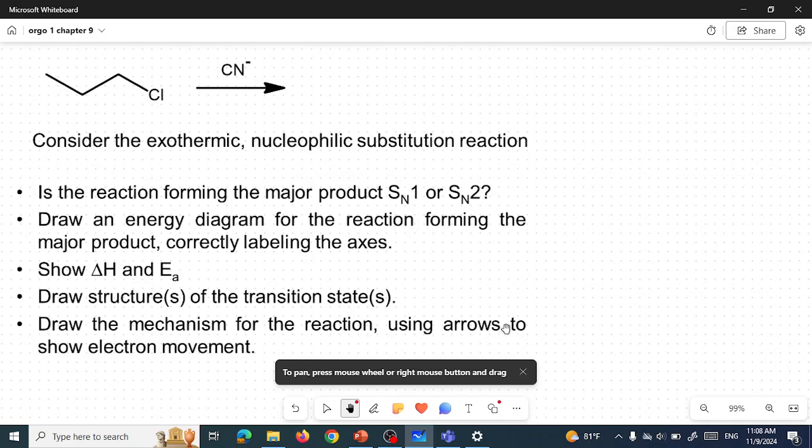You can pause the video here and see if you can try to answer the questions. Now in this reaction, consider the exothermic nucleophilic substitution reaction up here. First of all, it tells you it's an exothermic reaction, so it's going to ask you to draw the energy diagram. Okay. So the energy diagram is going to look like